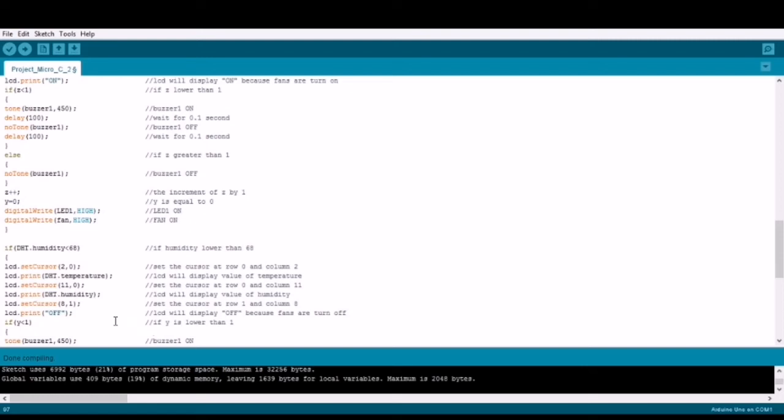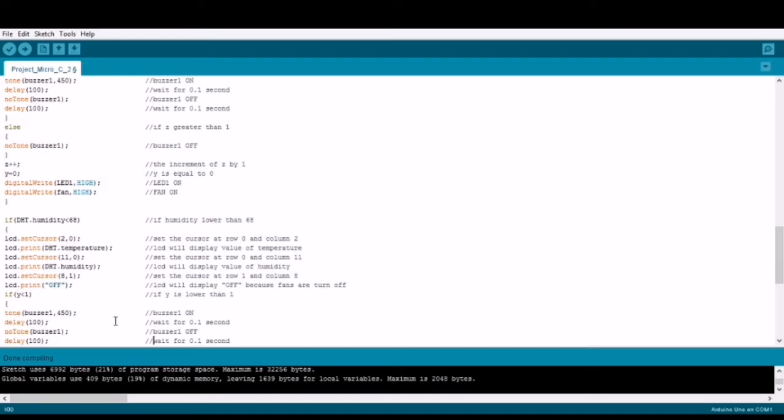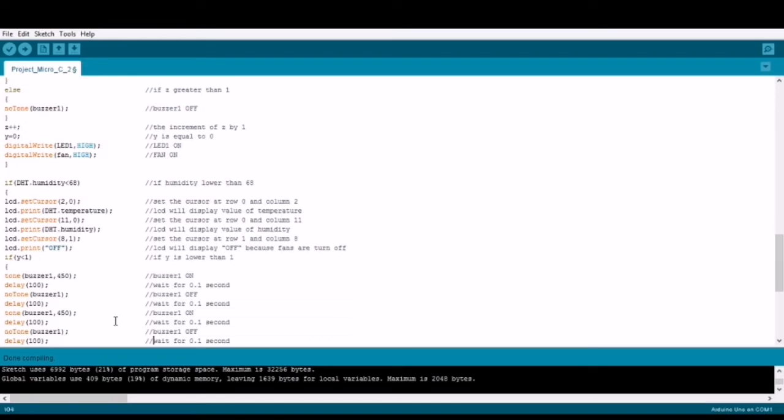So for the humidity is lower than 68, the LCD will display the value of temperature and humidity, and also the LCD will display off because fan is turned off. And if Y is lower than 1, the buzzer will off for 0.1 second,